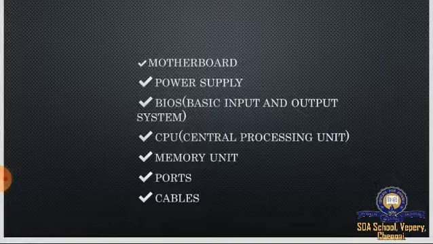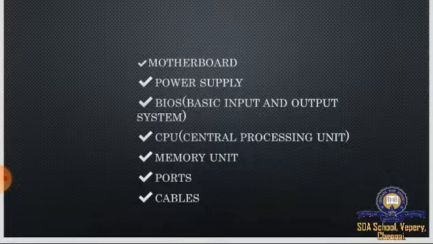Next is ports. Port is an interface in which device can be connected. It is classified into two ports. First type is serial port, second type is parallel port. Serial port is a physical communication interface where information is transformed in or out as one bit at a time. Parallel port is like serial port, but it transfers information in or out multiple bits at a time.